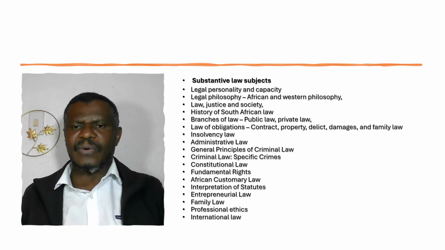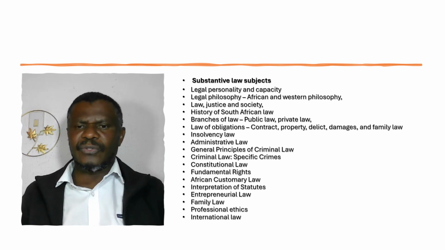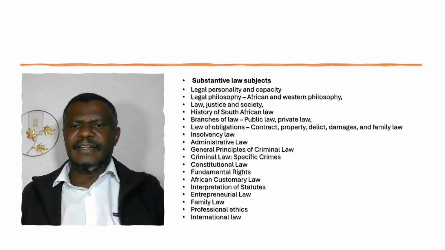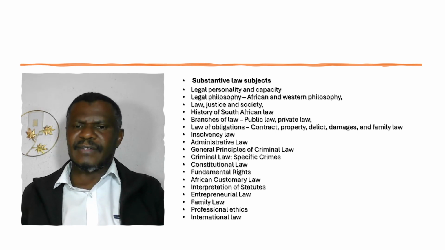So the issues of how the society benefits from the law and how the law and justice are designed as instruments to be used by society and to benefit society. And they also look at the history of South African legal system, the development of the legal system, different branches of South Africa's legal system within the framework of legal pluralism, because South Africa is a pluralistic system. We do look at that. And then we look at the different branches of law, your public law, your private law.